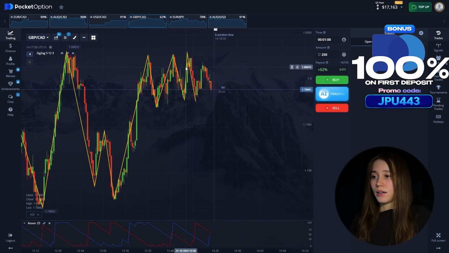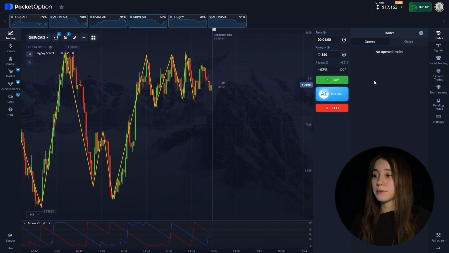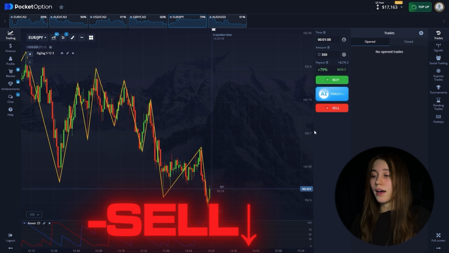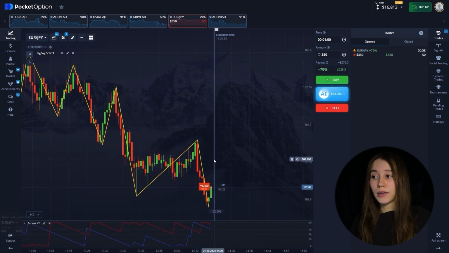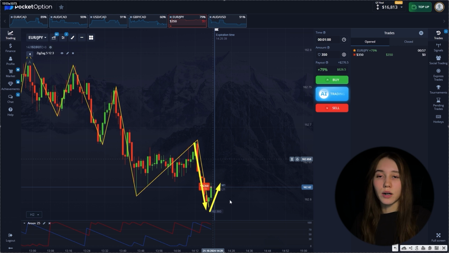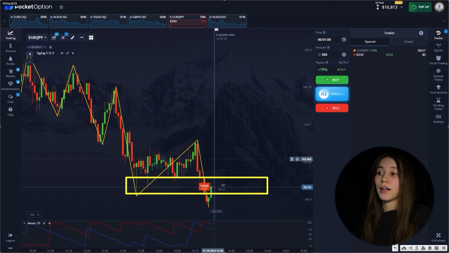So what we see here on the screen, let's move on. Dear traders, I think we'll increase the amount of our deal and we move on to our second currency pair. Let's go down and start analyzing why I opened down. Then I'll explain everything. The situation is quite non-standard, and we see from our first indicator we have a clearly downward trend. But in the last small range we opened, I'm showing the downside trade again, even though we're going up, because I'm highlighting the resistance area based on the peak point,